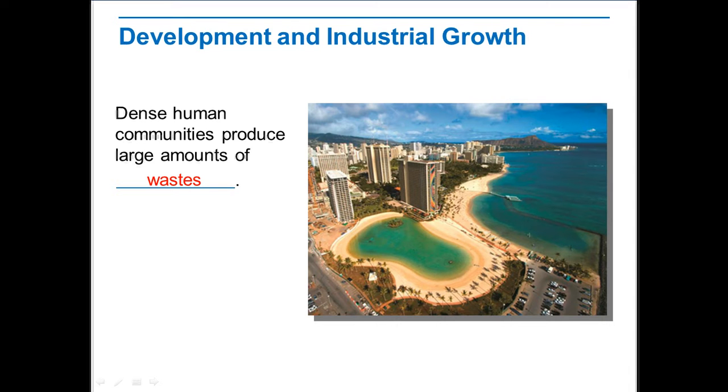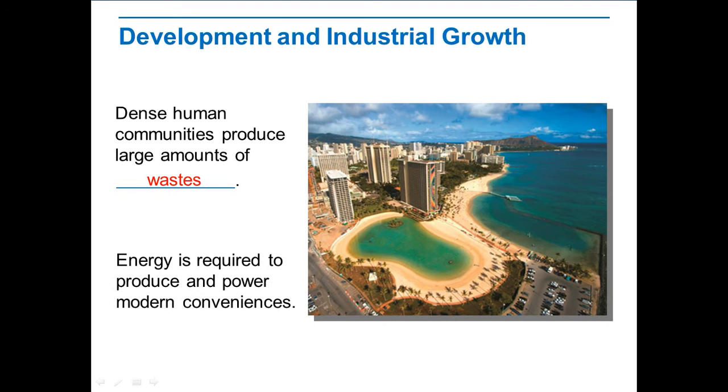A lot of energy is required to produce and power these conveniences. We produce most of this energy by burning fossil fuels, coal, oil, and natural gas, in ways that disrupt the carbon cycle and affect the environment. In addition, industries have traditionally discarded waste from manufacturing and energy production directly into the air, water, and soil.